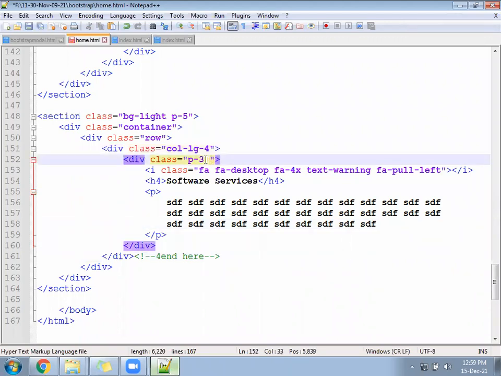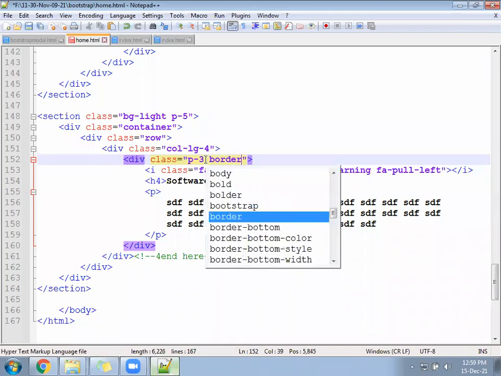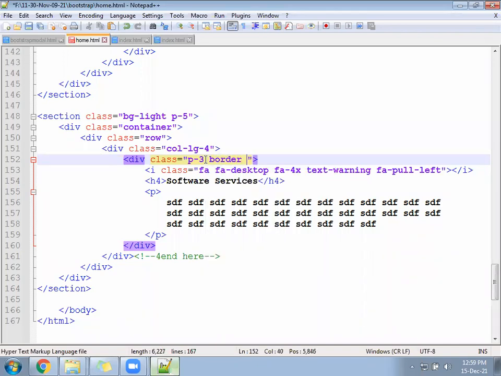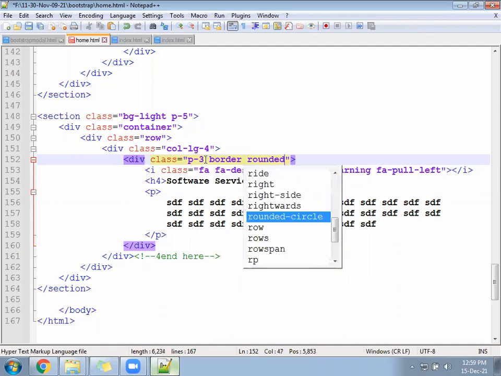Which class? Will a border look better or not? Border, and then rounded also.